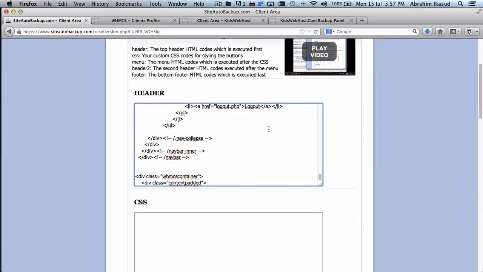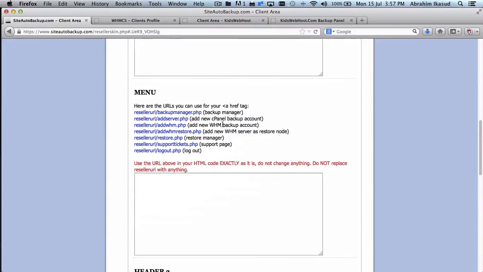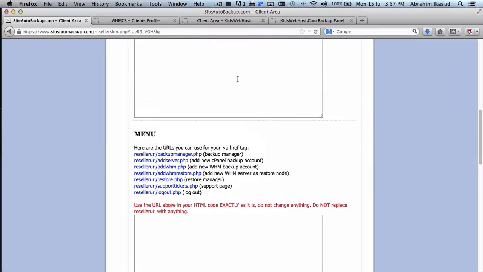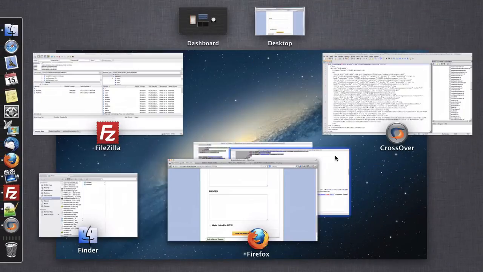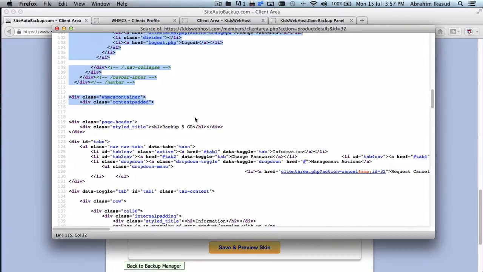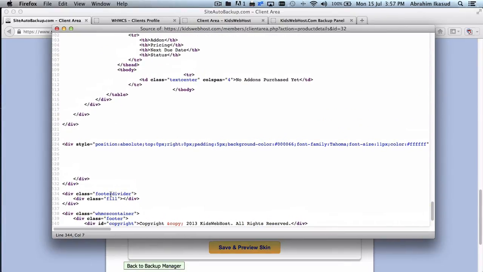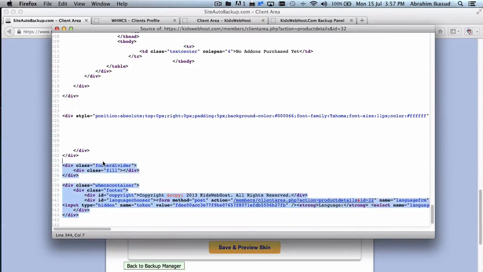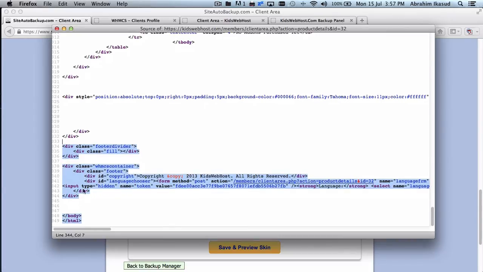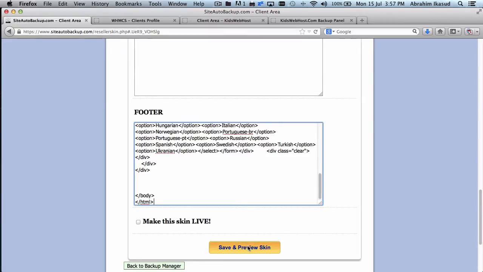Bam, just like that. So we have the CSS part and then the menu part. Let me show you how it's done. Let's just leave this blank. And I'm just gonna grab the footer now, which is scroll down to the bottom, all the way until its footer divider, until here, that tiny part. So I'm gonna put it here, save and preview skin,